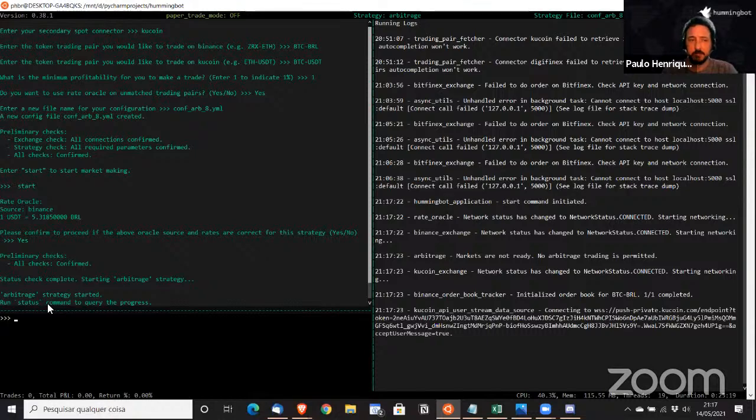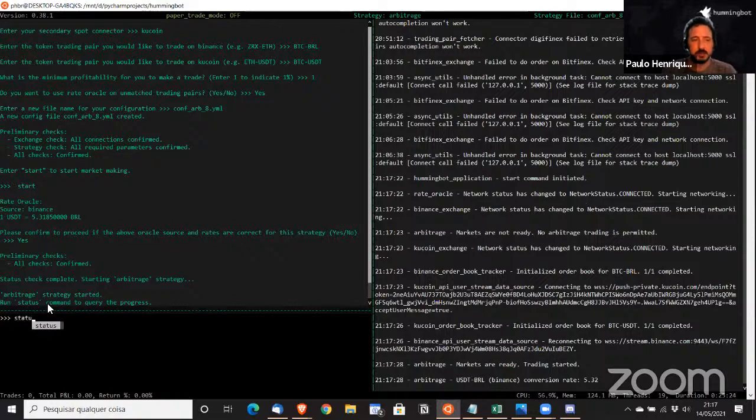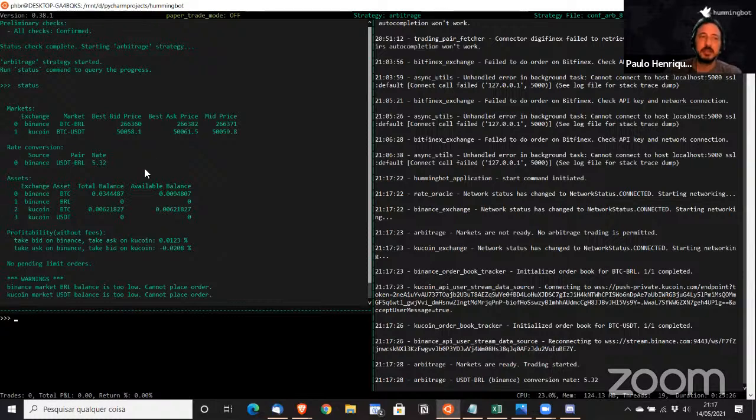and the bot starts trading. It takes a few seconds to connect, and we can run status, and you can see here, right? On Binance, it's reading the price in BRL, and on KuCoin, it's reading the price in USDT. Here we have the rate conversion. What's the current rate conversion? So every time you update and run status, there is a change in this value. You see that this is also going to be updated. And it shows the assets as usual, and the calculation of the profitability to detect if there is an arbitrage opportunity. Here's where the magic happens, because